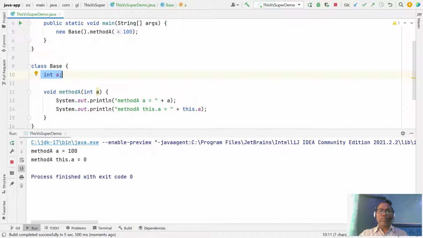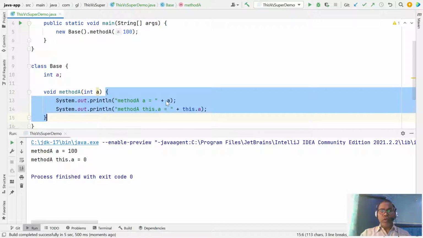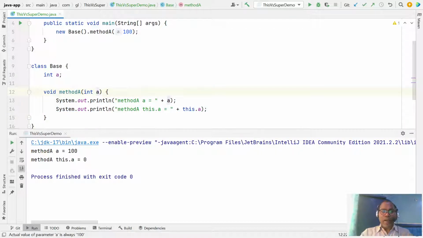Now look, this method has two a's: one a as a parameter, which is known as a local variable, and the other a, which is known as the instance variable. Sometimes your local variable has the same name as your instance variable. In this case, the this keyword is used to refer to the instance variable, and a without this refers to the local variable. So this is one use case.